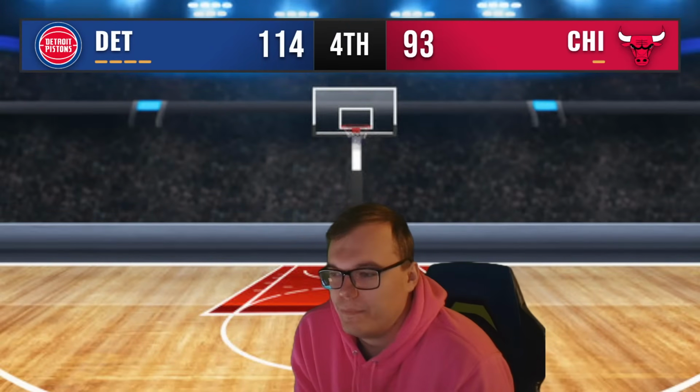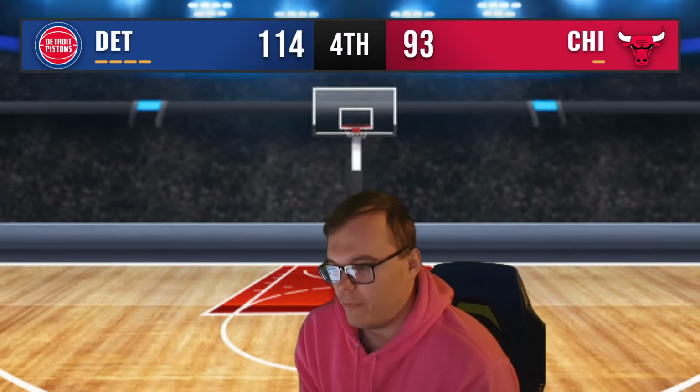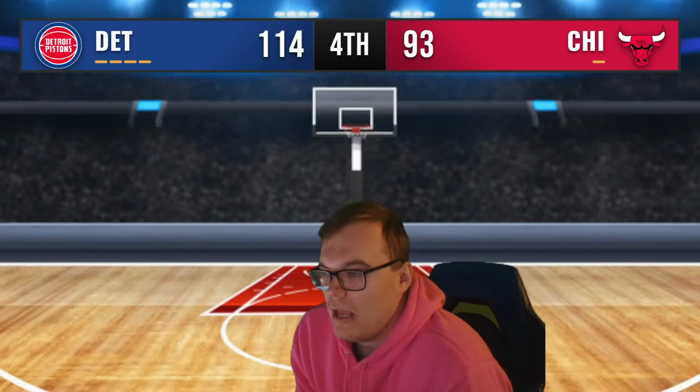114-93. Bulls cut it back down to 20. What is that, 21? 4:20 left to play in the fourth quarter. Asar Thompson has it for the Pistons. Top of the key here. Goes to his left, working against Mates. Turnaround shot in the paint is off the mark.